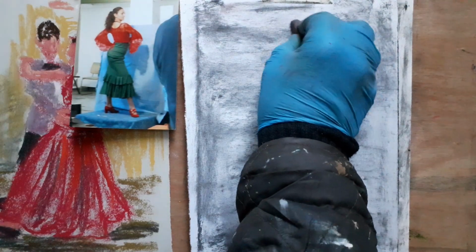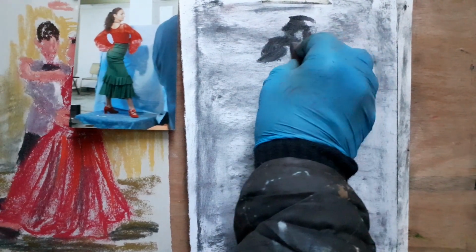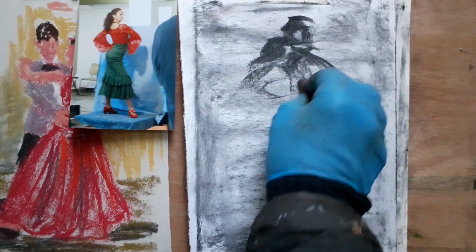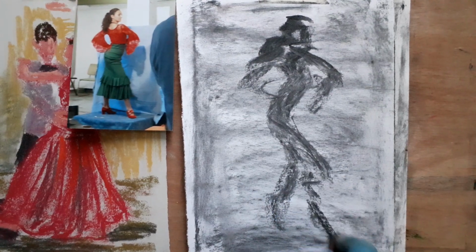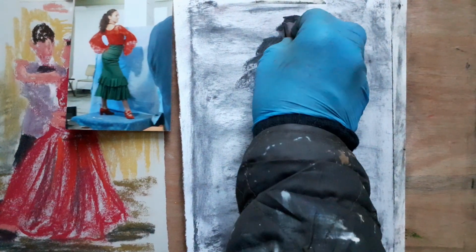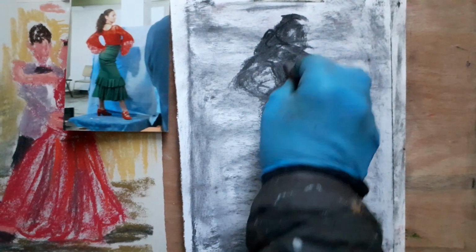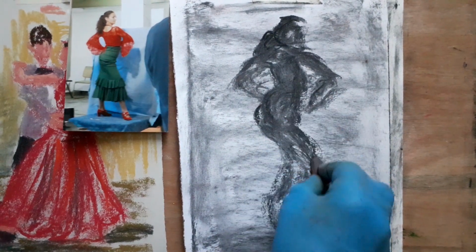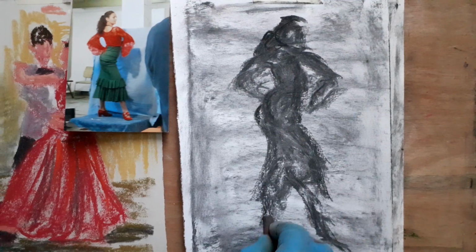and I'm going to use the charcoal, the willow charcoal. I've got quite a thick stick here, just to get the overall shape, you could call it a silhouette, of her pose. And it's a fantastic pose, this, and the costume as well, the dress that she wears really accentuates the movement in that dance pose. So I'm doing a certain amount of blocking in the shape like I did with the pastel, but I'm also doing lines. It's fine to do either, but I want to get the kind of curving back and forth shape that she's